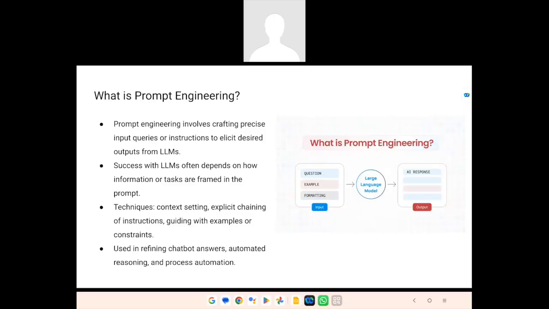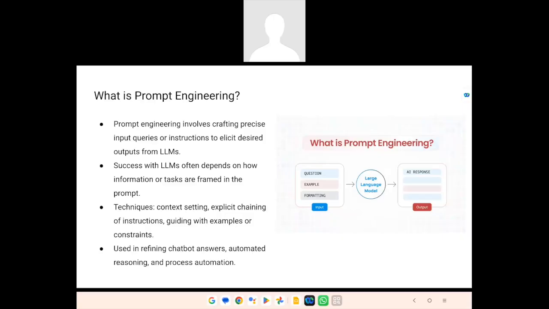Sir, here. Sorry. Can you repeat it? Which one, Manisha? This slide, prompt engineering. Sir, I think it's unmuted now. You can go ahead, sir. Okay.